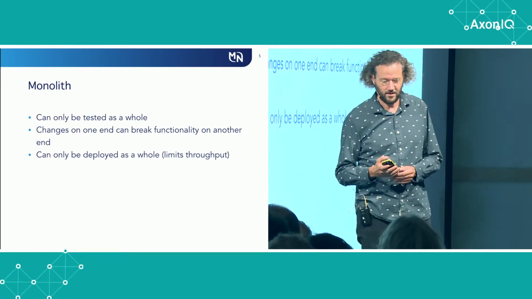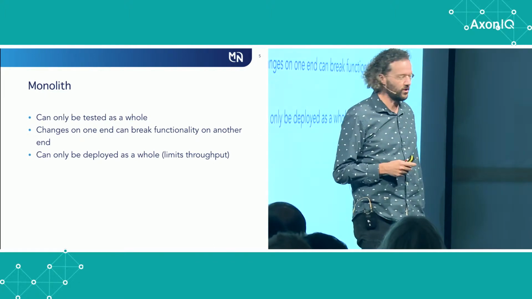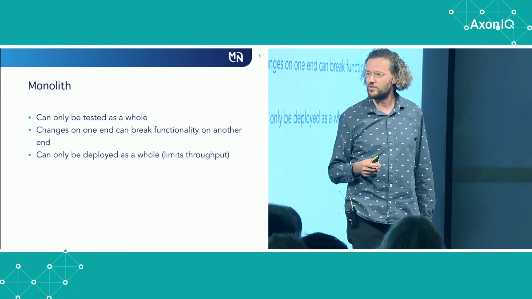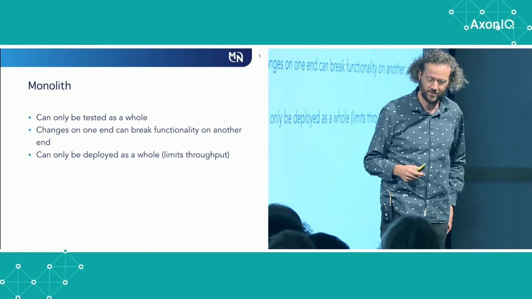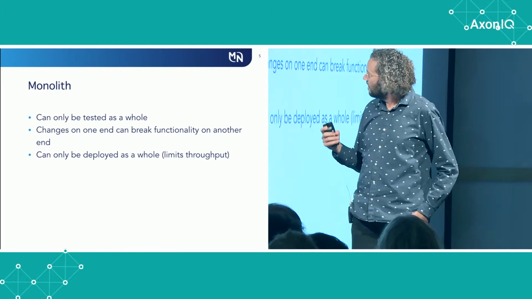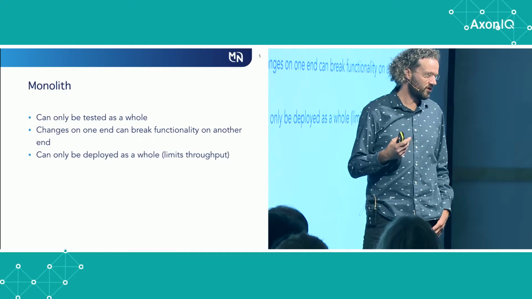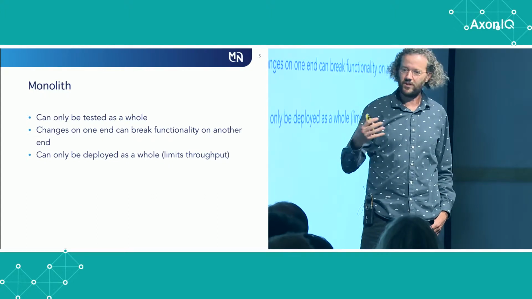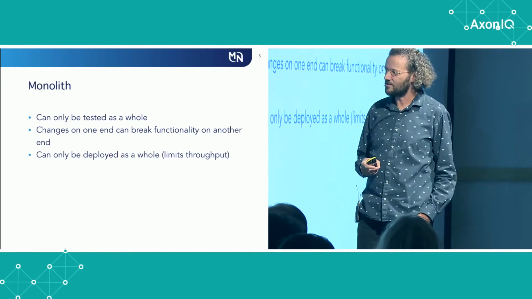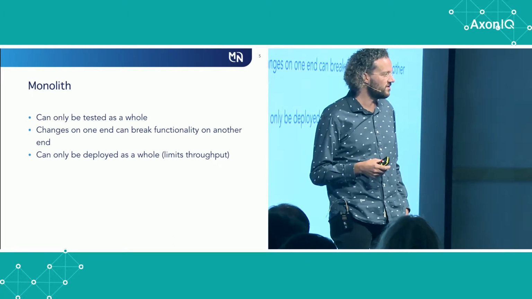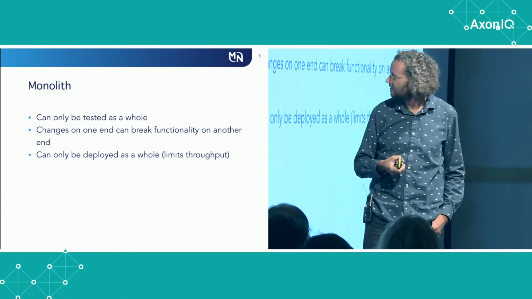It has one big advantage. It can be deployed as one thing, and that's very easy, because deployment or automated deployments is quite another challenge that you need to fix if you want to do it with microservices. But this advantage is actually the same disadvantage, because you have to deploy it as a whole, and it's actually built as a whole by around 12 different teams. You need to test it as a whole, because you never know that changes of someone else will actually end up in breaking stuff you have done.